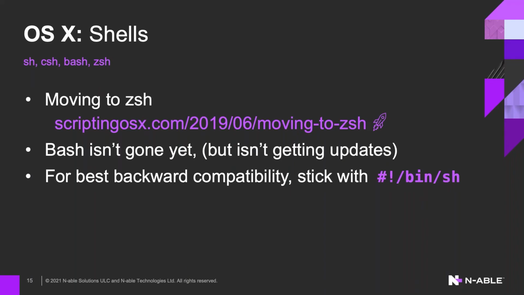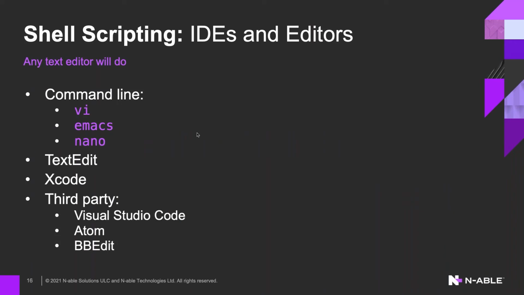And if you're going to be writing those scripts, it's a text file. Basically, ASCII text is pretty much what you'll stick to. So any text editor will do. I don't want to take sides in the perpetual war between Vi or VI and Emacs. I don't even want to commit to how to pronounce it. So no comments, except to say all of those command line editors are pre-installed, and I use Nano, so don't fight me. TextEdit, which is also pre-installed, is fine.